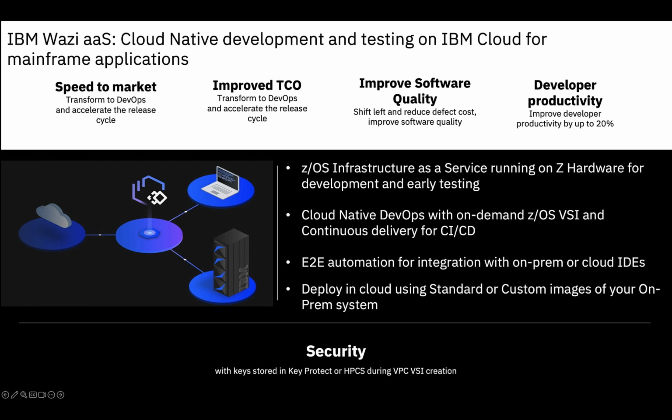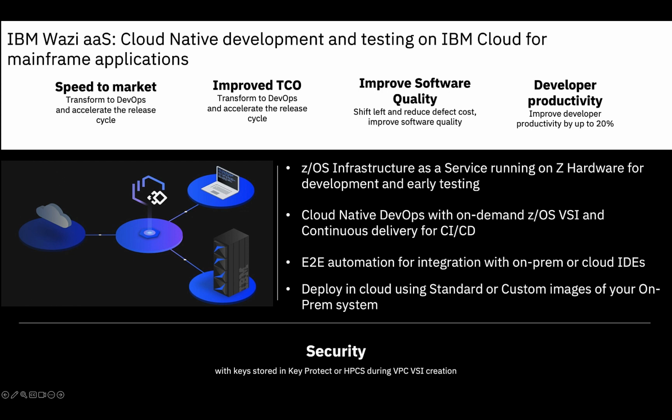So first, IBM Cloud data centers are the only cloud with Z hardware available for z/OS dev and test infrastructure. You get on-demand z/OS VSIs, so you pay by the hour only for the system when it's running. You get cloud-native DevOps, if that is what you choose, with continuous delivery for CI/CD and integration with on-prem or cloud-native IDEs. And you can also tie into end-to-end automation, which is a key part of the value of having these instances on cloud. You can automate all sorts of components